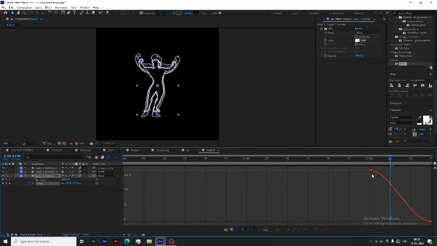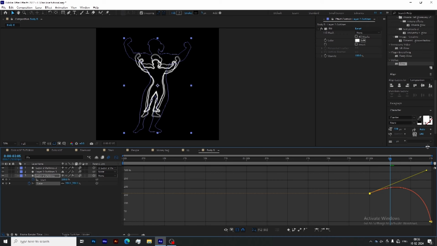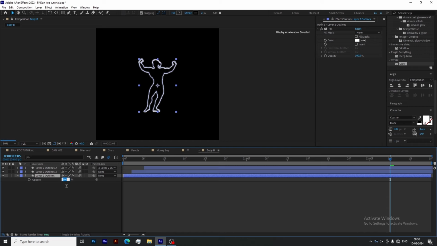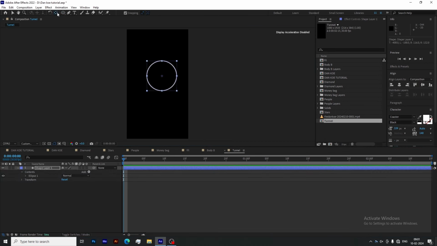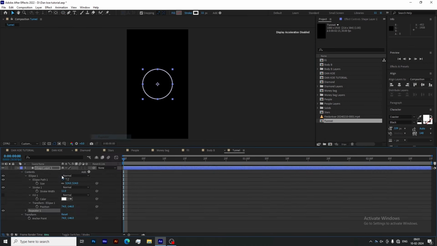Copy my graph. And drop down the opacity values. Now let's create the tunnel animation. First create a circle and add a repeater. Make 80 copies